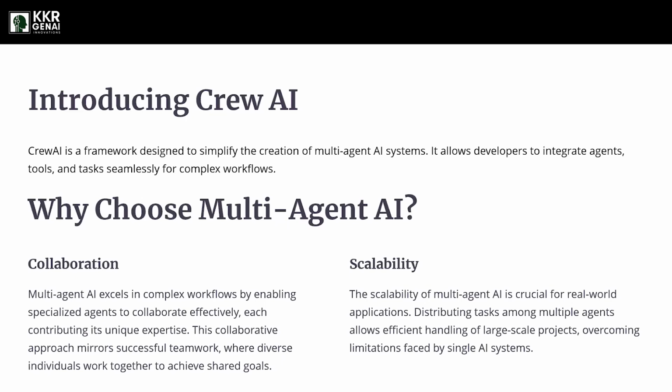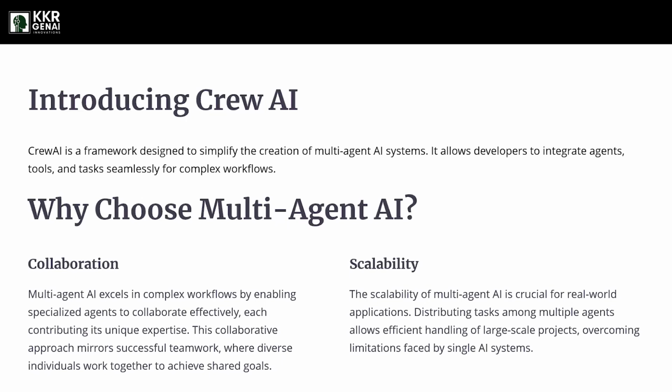For doing all these tasks, a single agent AI will take a lot of time. This is a time consuming process. Instead of that, if we assign different roles to different agents, they will do the work simultaneously. So in that way, we can utilize multi-agent AI systems to reduce the time consumption and get the work done very easily. This is why we use multi-agent AI systems instead of single agent AI systems.